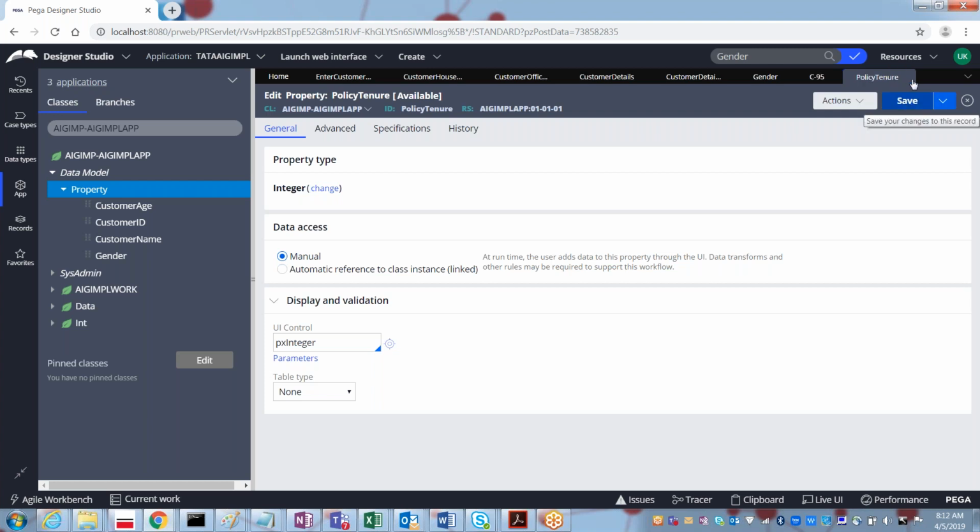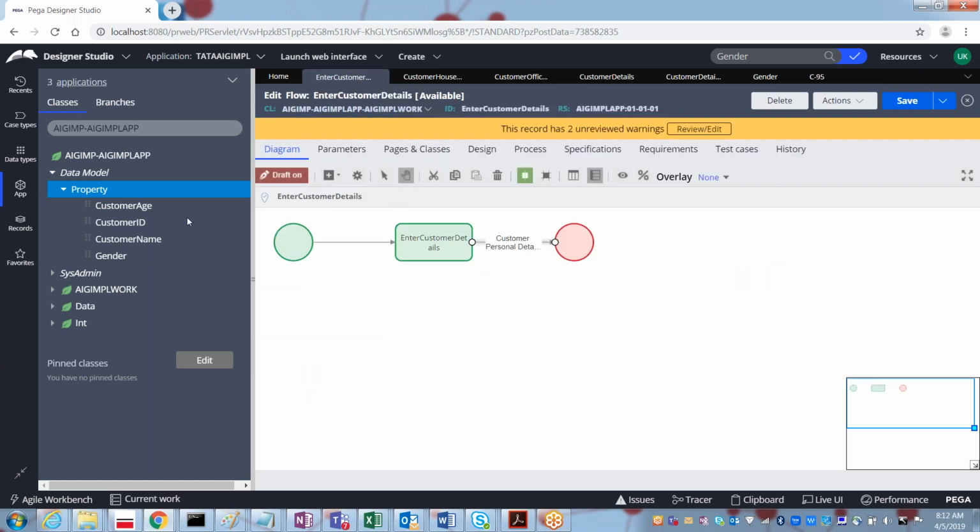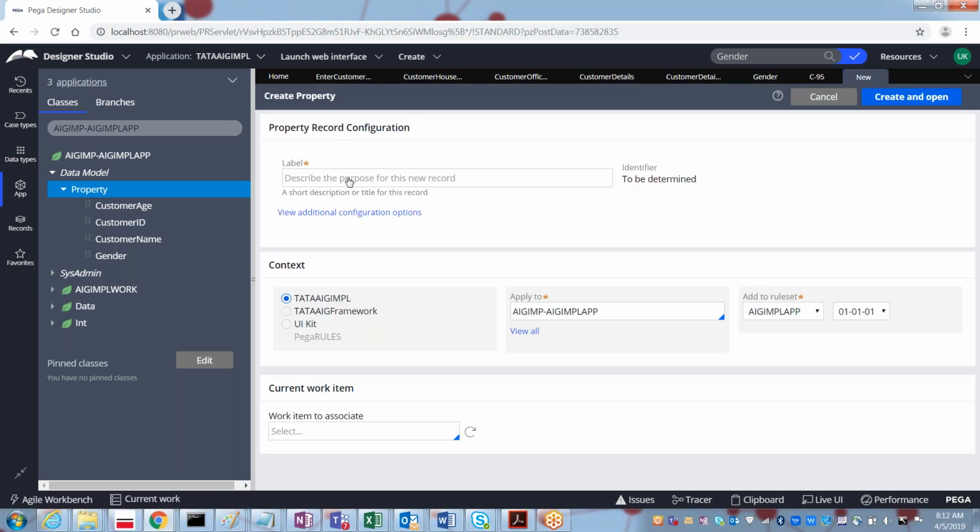Once we have the policy tenure, the last property which I will have is policy premium.